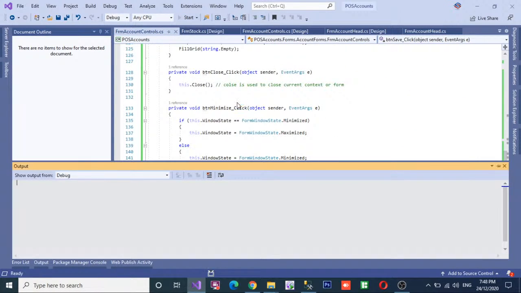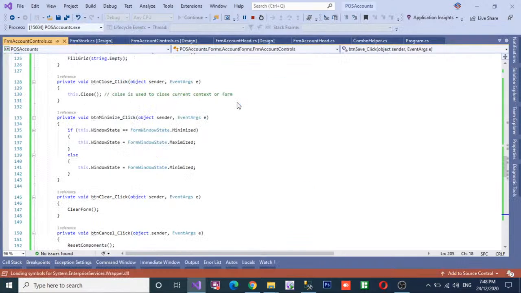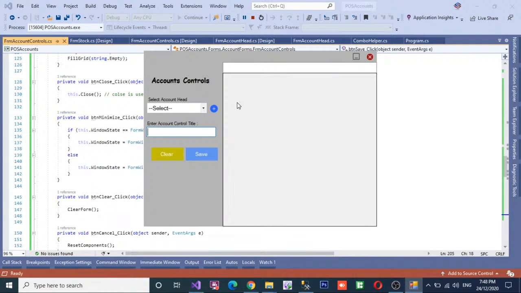So let's run the application and check whether the record is saved or not. So this is the assets. In assets we add the cash on hand and click on the save button, so the record is saved. Then in assets we add cash on bank, and so on. Account receivable, and so on, and liability account